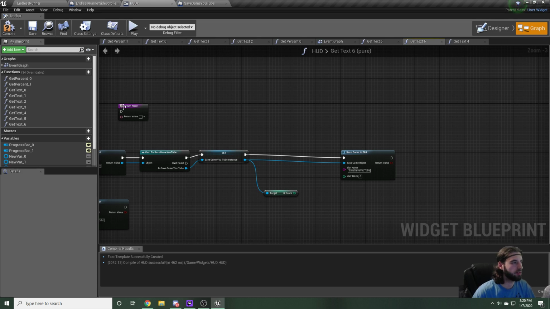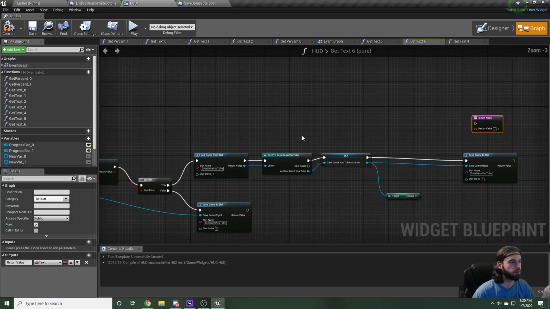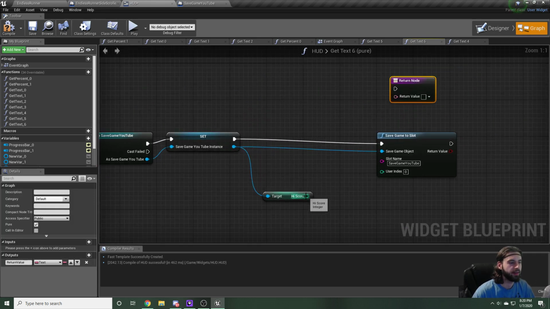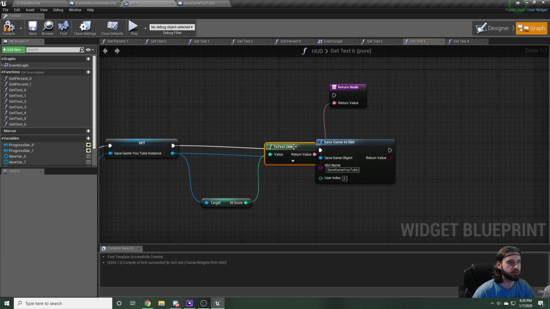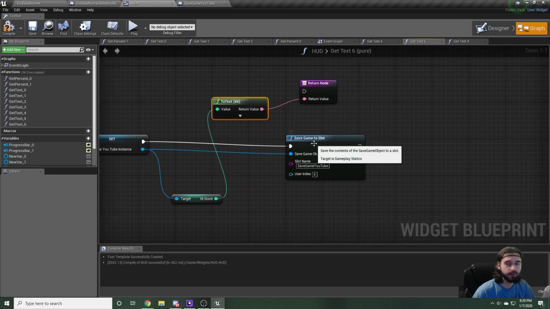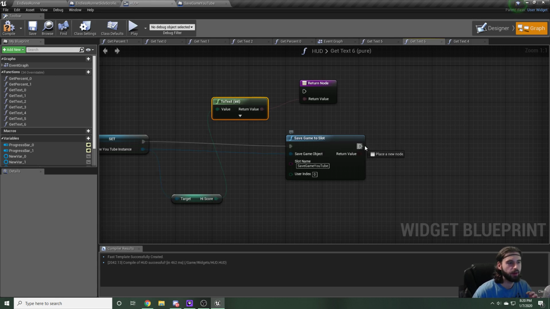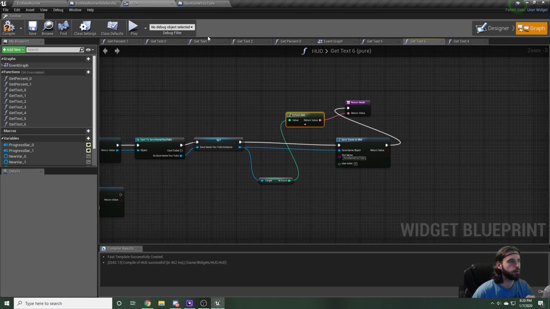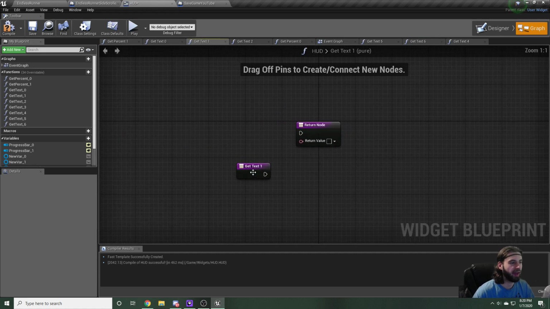If we don't have that to text here, we can take this return node that was already included on the blueprint and drag the high score variable into this. After that, we save the game. Since we've pulled something from it, we want to save the state of the save game and connect this back into the return node. So once again, when we first opened it up, we had this get text and we